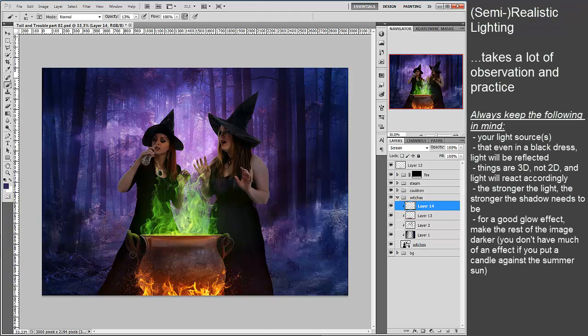So what I'm doing here is using a brush to put in some folds into the dresses, because they look on the original picture like they do not have any folds at all because of the light situation. But here, with the light coming from the cauldron, it would be strange if there weren't any highlights on it,